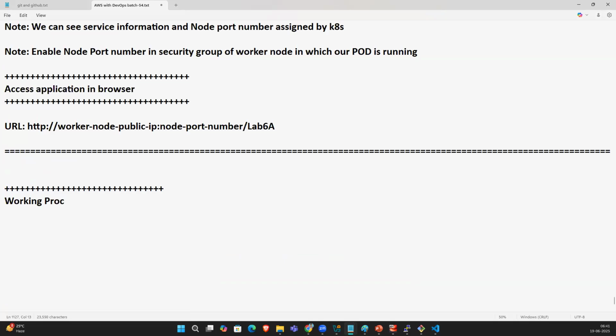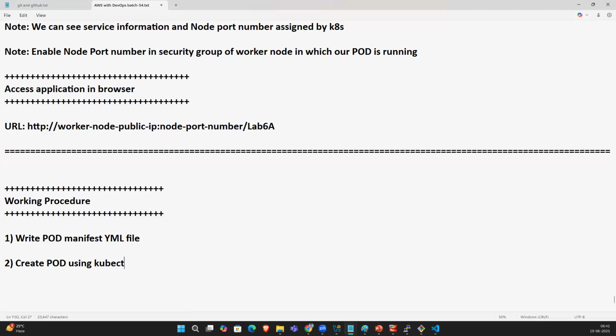Working procedure. So what we did as of now? Write a pod manifest YAML file. Guys, you understood how to write a manifest file? Create pod using kubectl apply command. Guys, are you able to create the pod by using the pod manifest file? Check